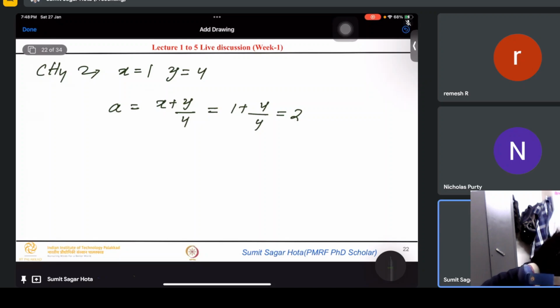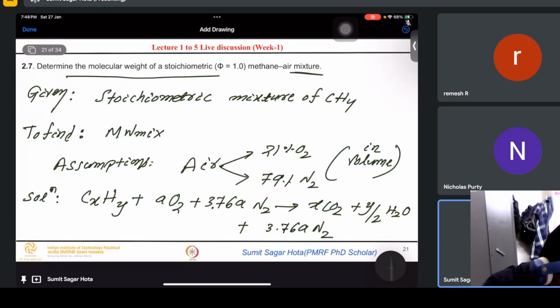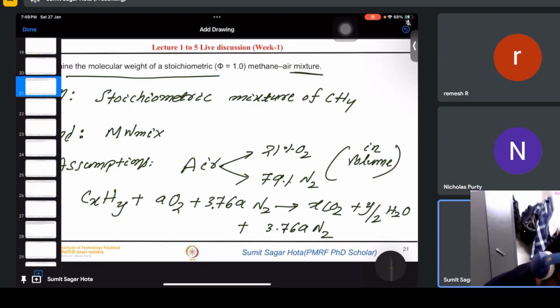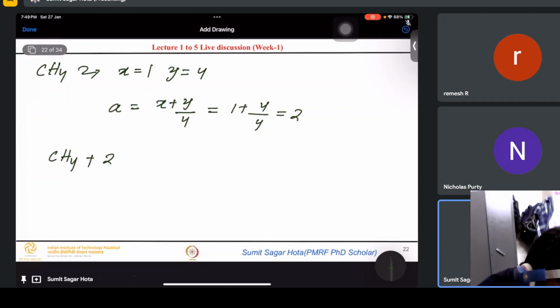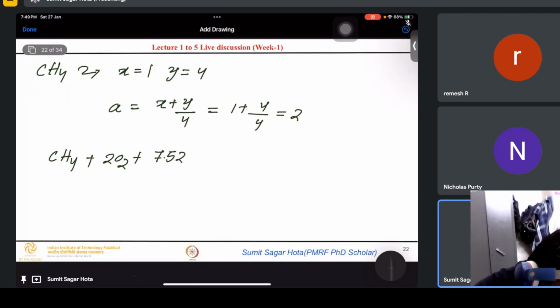Now if you write down the CH4 reaction again, look very carefully: the reaction has only unknowns X, Y and A. Basically three unknowns are there. It is very easy to calculate these three and then directly substitute in your reaction. CH4 plus 2O2 plus 2 into 3.76 N2 gives rise to